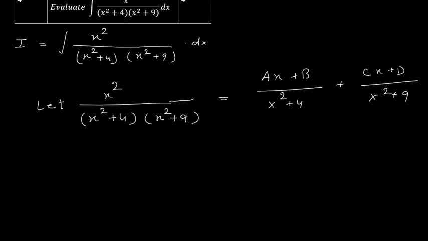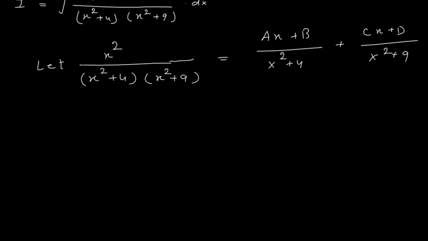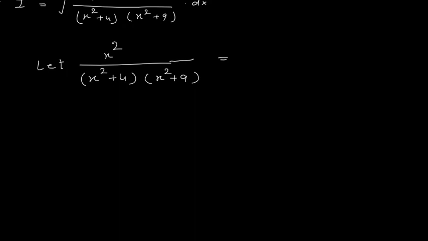So here in this problem, instead of considering it this way, in place of x square I will consider a. So let this be equal to a upon x plus a, into x plus 9. Okay, it looks like I have written a, and my writing is not that good.